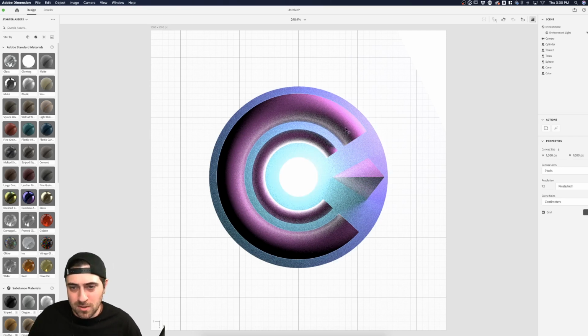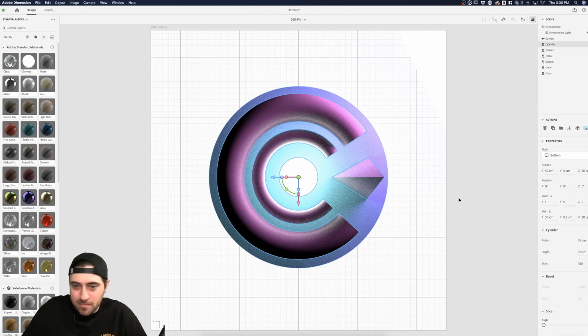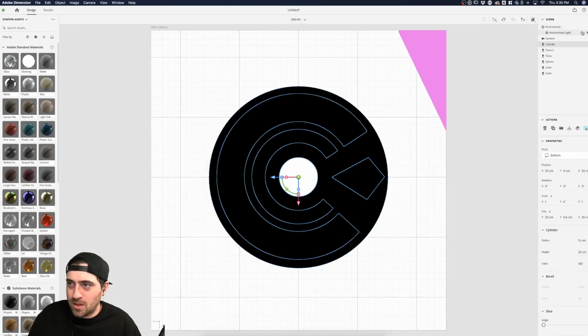There's a lot of different things we can do with it. I'm not sure how I like how thick the second one is, the second ring, and maybe we want a third ring. Well, I don't know. What do you think, chat? Do we need a third ring? I think what I'll do is just quickly